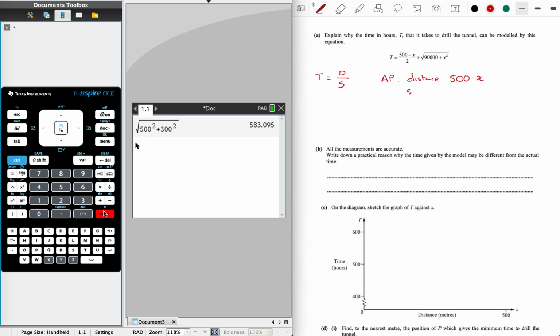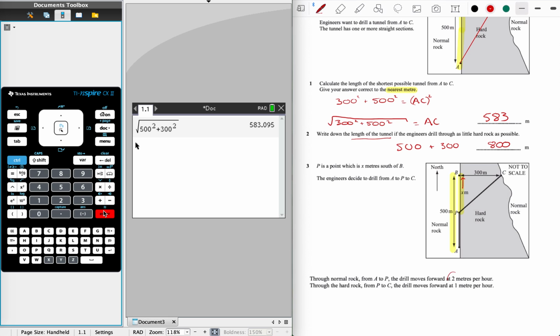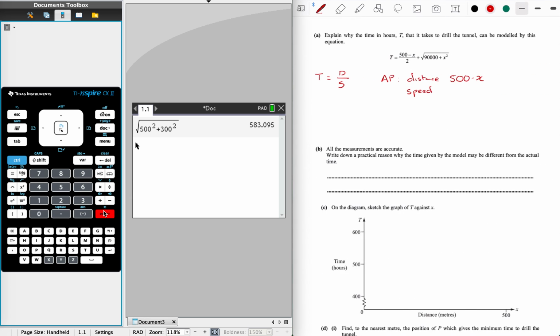And the speed that I'm after, well, that was given to us at the bottom of the page. That was 2. So speed is 2. Well, that's quite nice. So AP, distance over speed, 500 minus x over 2. So we're starting to piece this together. T equals (500 minus x) over 2. Now,